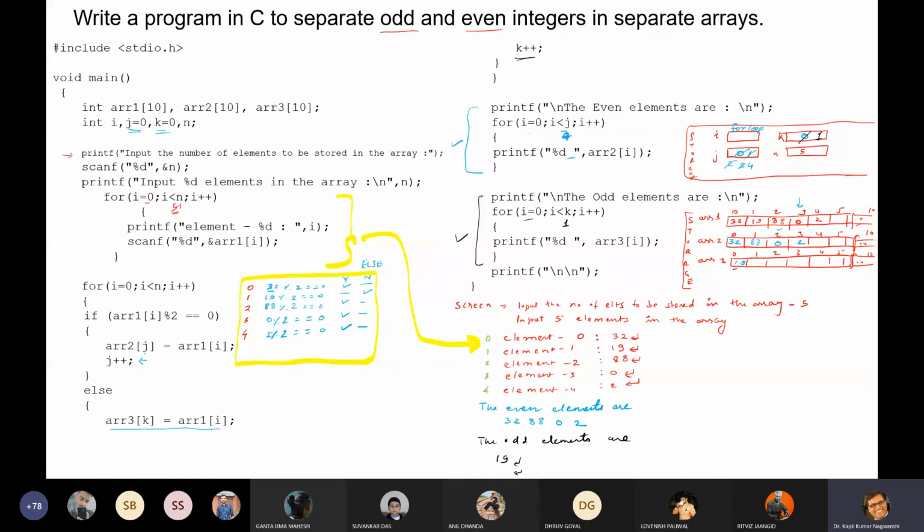Any doubt in execution of this program? No doubt? If no doubt, then your problem is now you need to perform the palindrome operation.